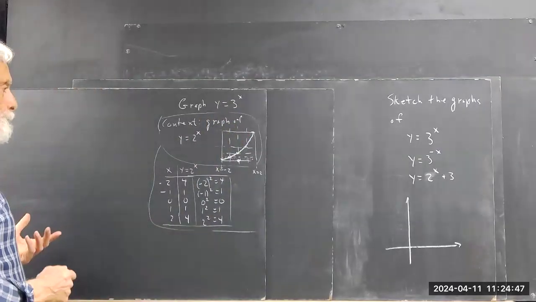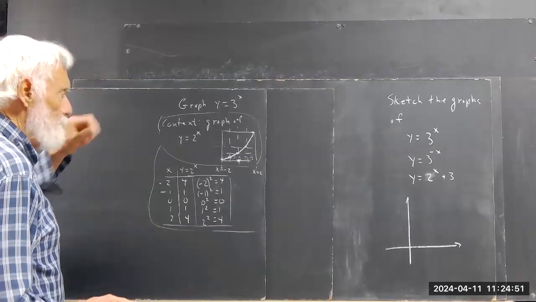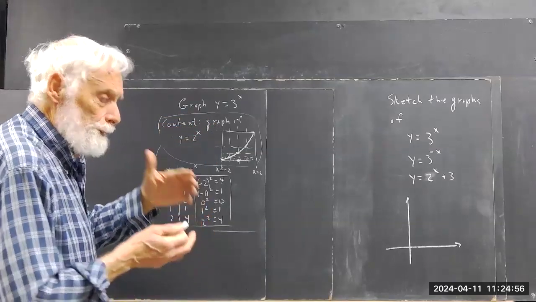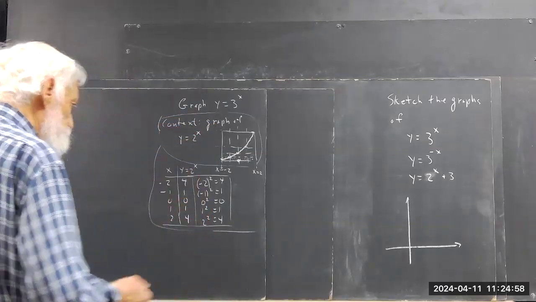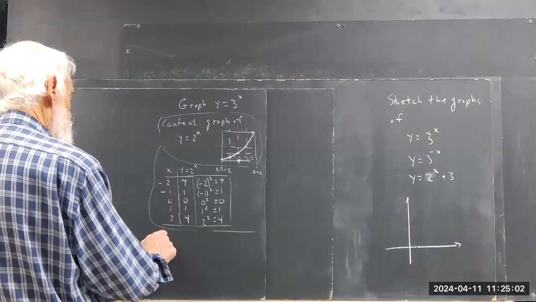Now, if you got y equals 3 to the x, we could do calculations. But the subdivisions wouldn't be half. You'd be subdividing things into 3 parts, and that just doesn't work out well. So what we do is take